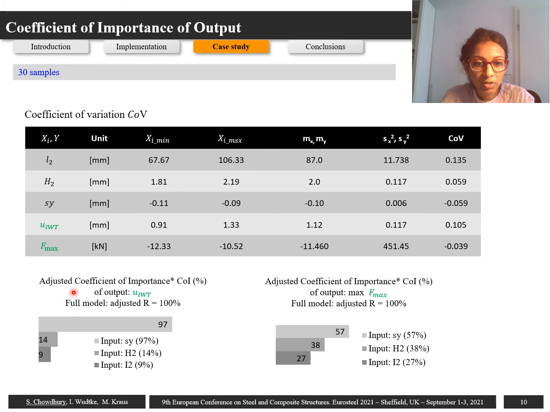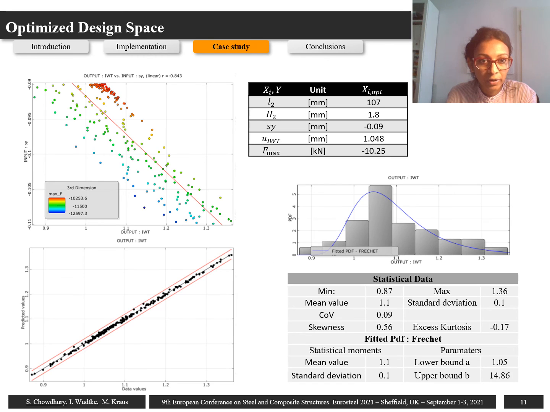Another parameter is the adjusted coefficient of importance, which for the horizontal displacement of the vertical compressed plate is strongly correlated with the vertical displacement. However, it is not strongly correlated with respect to the introduced load. Therefore, we can say that the horizontal displacement at the vertical compressed plate will be the robust parameter for further design. Now we create here an N3 plot with our identified strong robust parameter, which is the displacement U, and